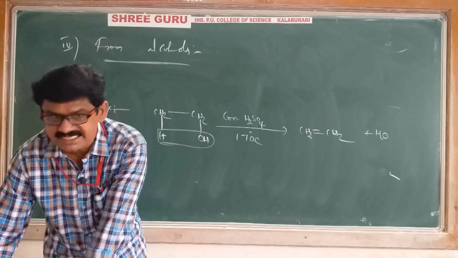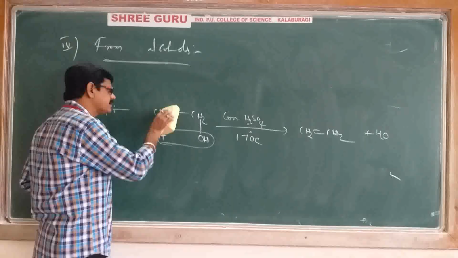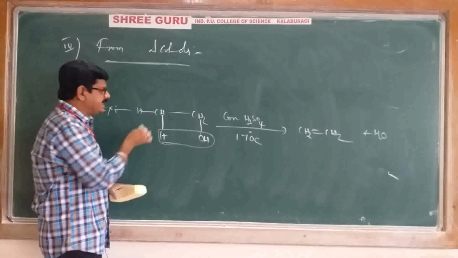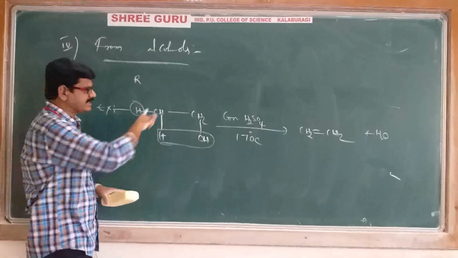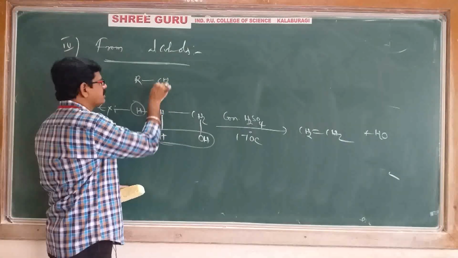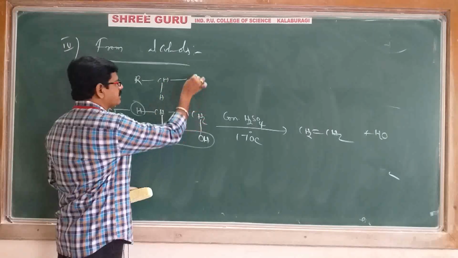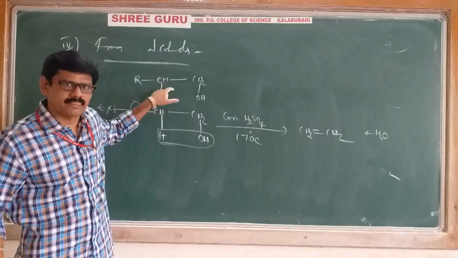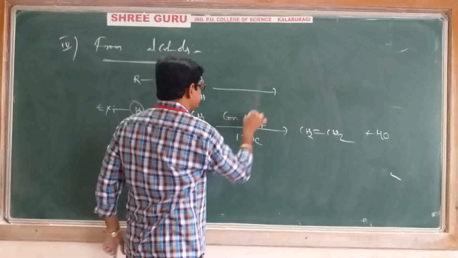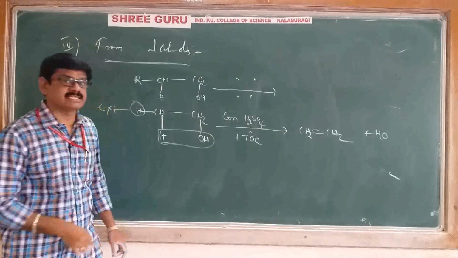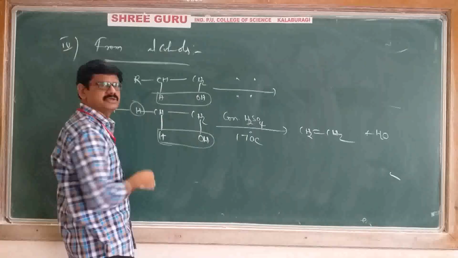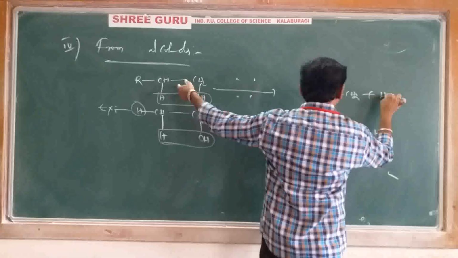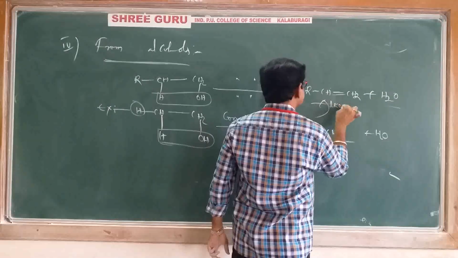Again, by seeing this example, we can write the general equation. For that purpose, here one hydrogen I am separating like this. Its corresponding general reaction I will write. In place of hydrogen I will write R. Remaining as it is, you can copy: CH, H, single bond, CH2, H. Definitely, it is alcohol. It is in general alcohol, and this alcohol is again heated under the same conditions, concentrated sulfuric acid at 170 degrees centigrade, HOH eliminating, you will get a double bond here, R-CH=CH2 plus H2O. This is alkene, that's it.